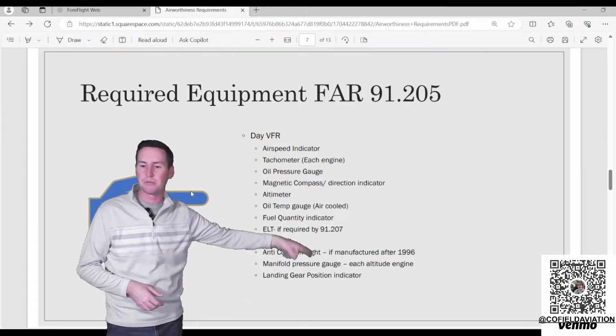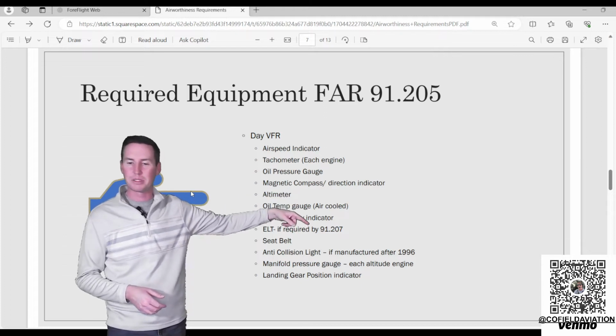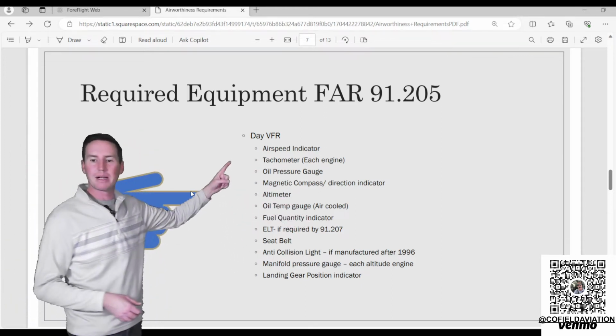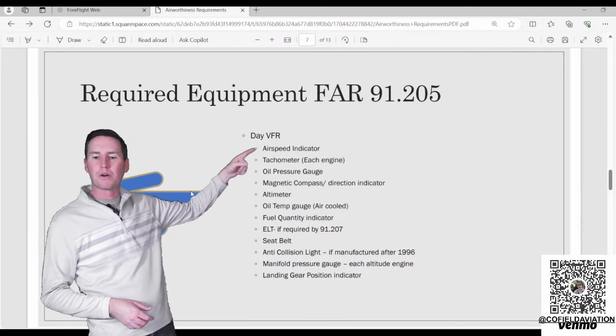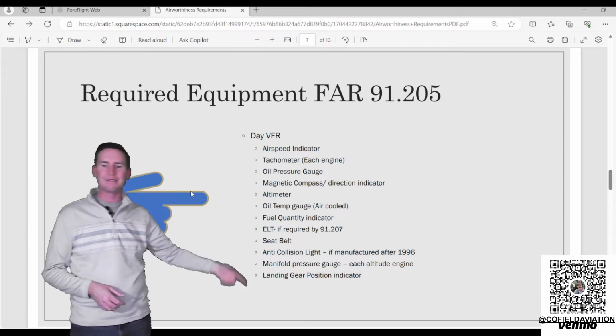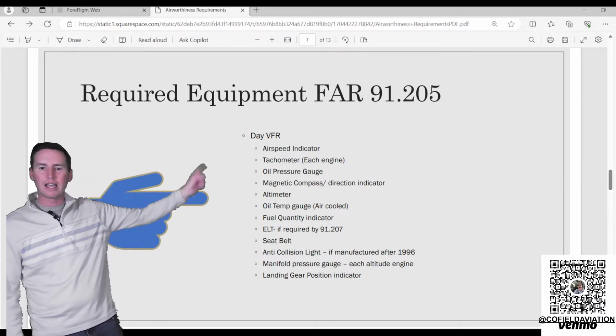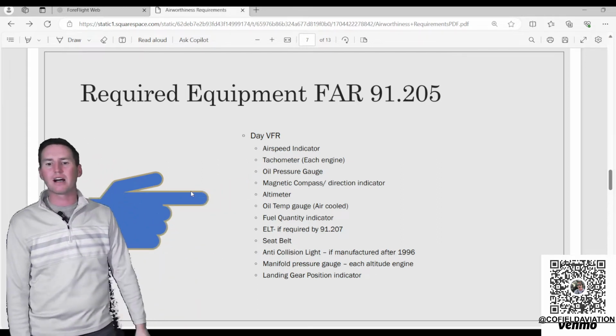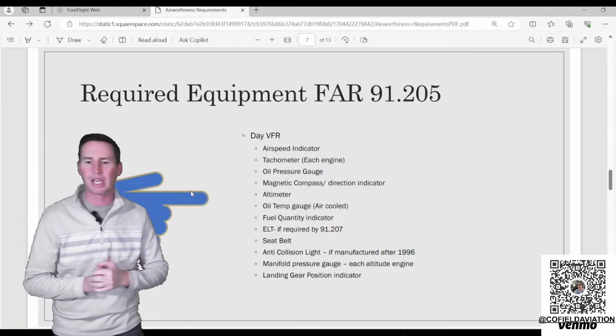There are acronyms to remember this, but I'm too stupid to remember all that. You can look up 91.205, or if you've printed off this slide, here it is right here. Airspeed indicator you have to have, tachometer, oil pressure gauge, magnetic compass, altimeter, oil temperature gauge